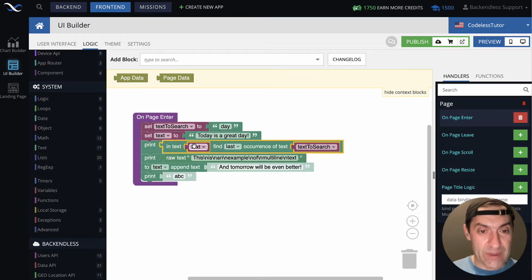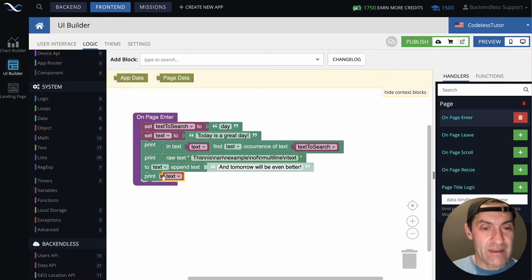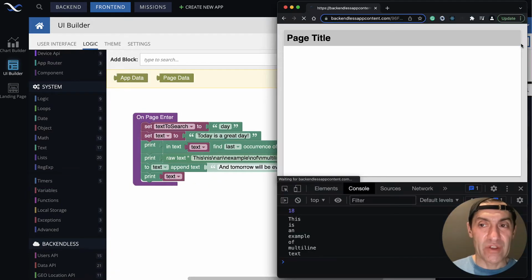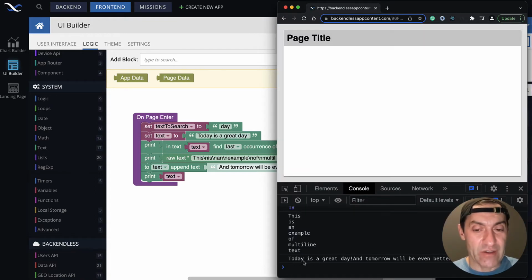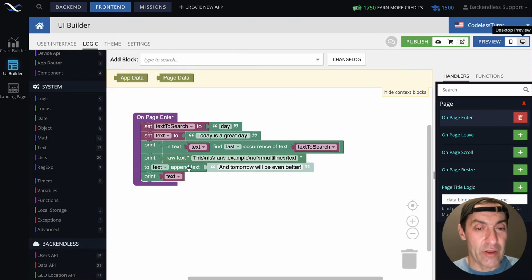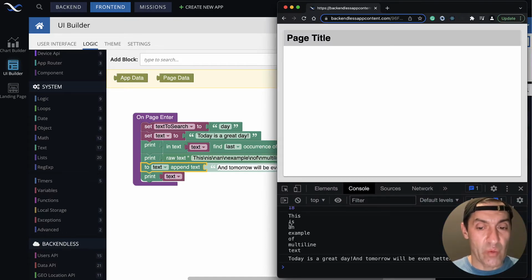So let me grab text. Actually, let me just take it out of here. And let's run this page. Notice that here it says, today is a great day and tomorrow will be even better. And the reason text is now that long is because we appended additional text to it. In fact, notice that there is no space between this exclamation point and the word and.